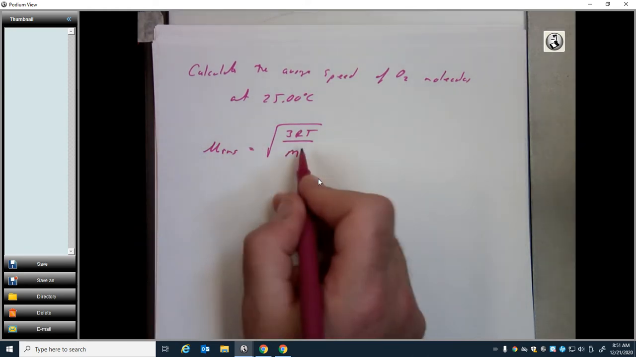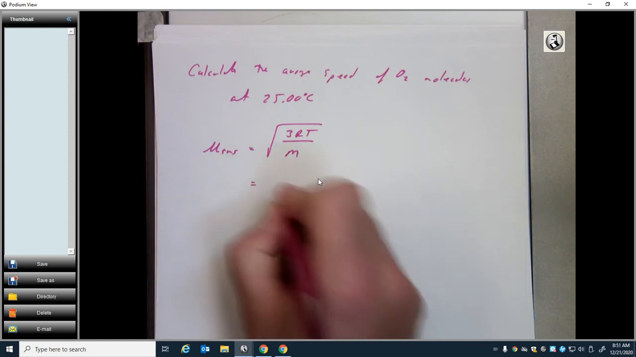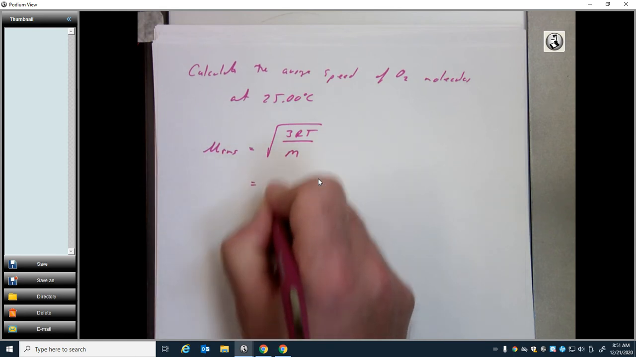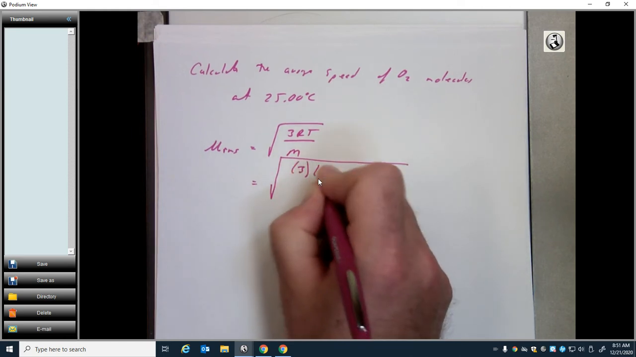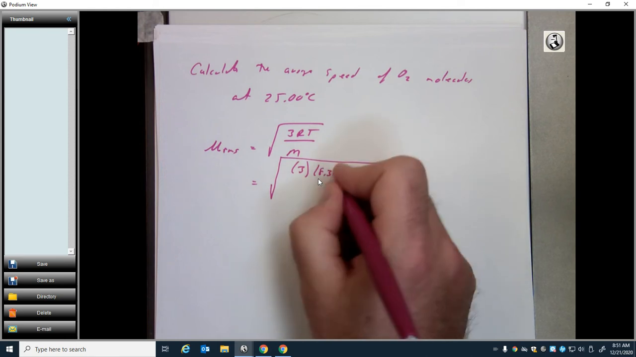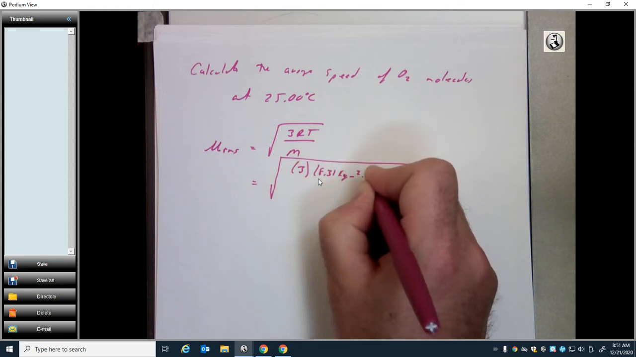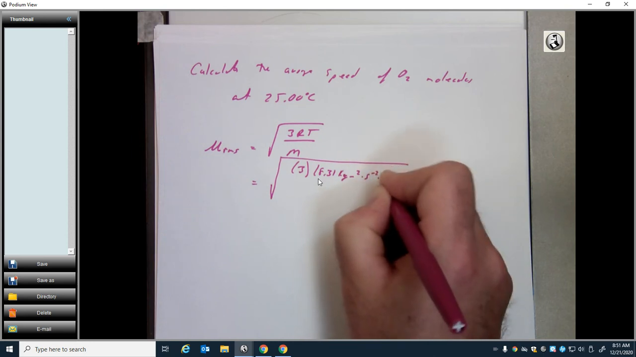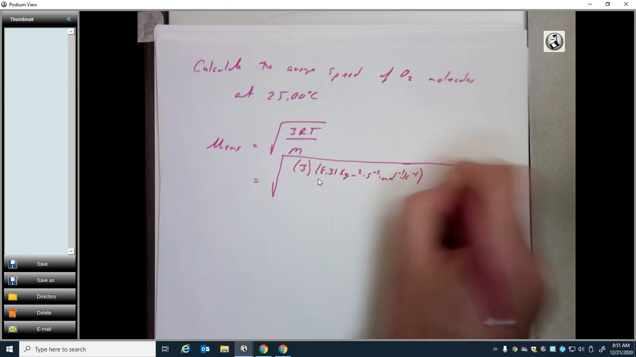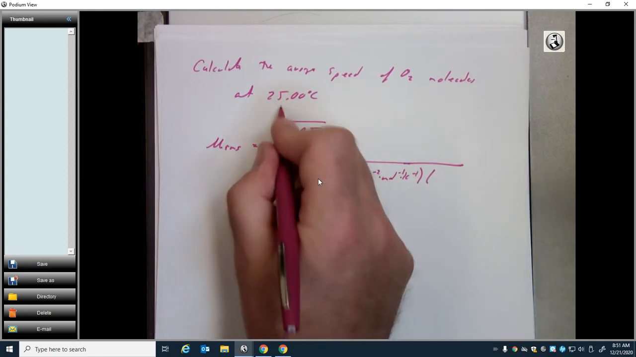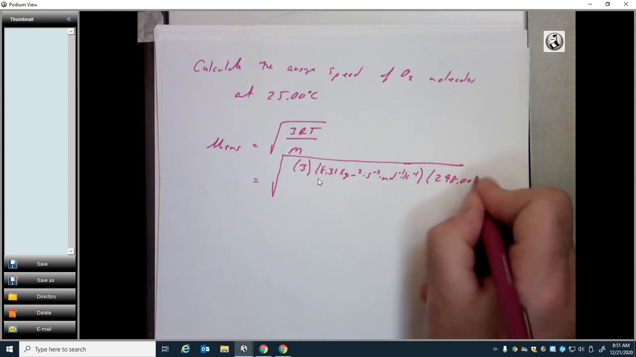Okay, so our average speed is equal to the square root of 3RT over M. So we have 3 times 8.31 kilogram meter squared per second squared per mole per Kelvin. Right, the temperature has got to be in Kelvin, so it's 298.00 K,